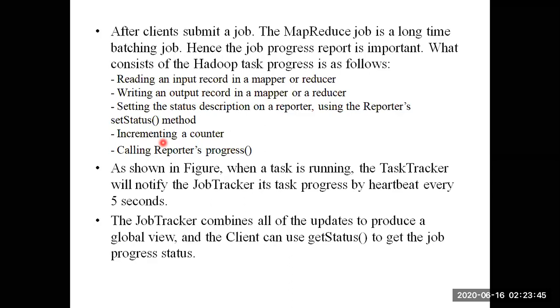If your job submission is made successful and the job gets executed, then as a result you can see the counter displayed. If the job submission is not successful, you will get an error. Error means what is the cause that your task has failed, and that will be recorded in your log. So that is incrementing a counter. Next, calling report progress, and we can see a small diagram next to this.